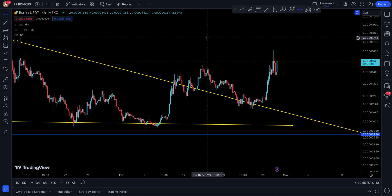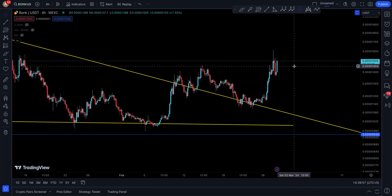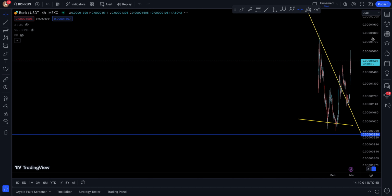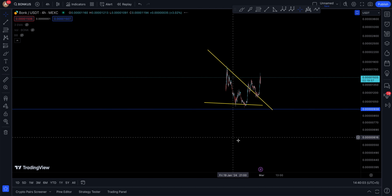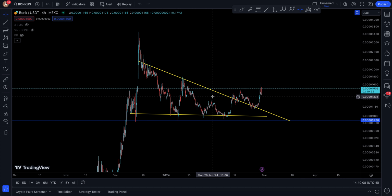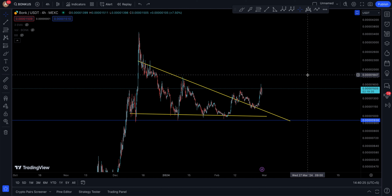And right now, BONK has made very good progress, of course. And it seems like, as I talked about before, that the descending triangle here on the 4-hour time frame for BONK has actually proven to be good. So you had a move down, move up, move down, break to the upside, retest, and you have a technical target which is at 288 something. So there is still another move coming up for BONK, and that's going to be a nearly 48% move to the